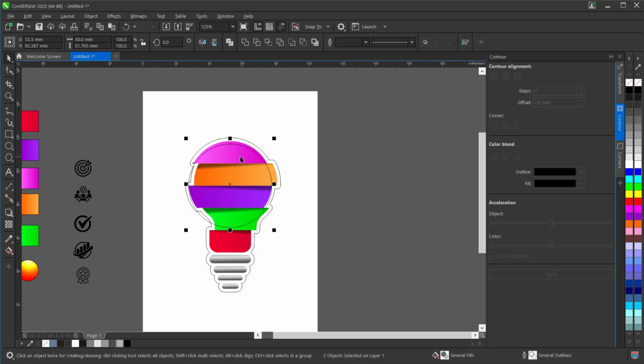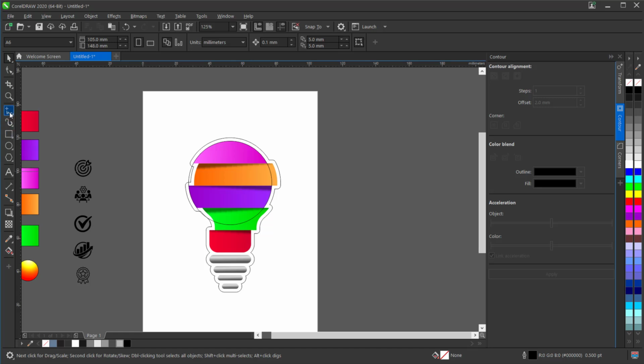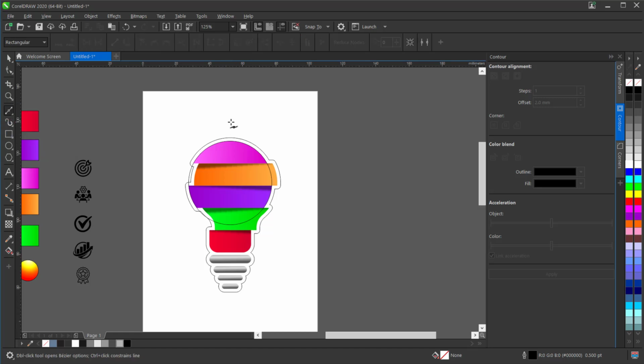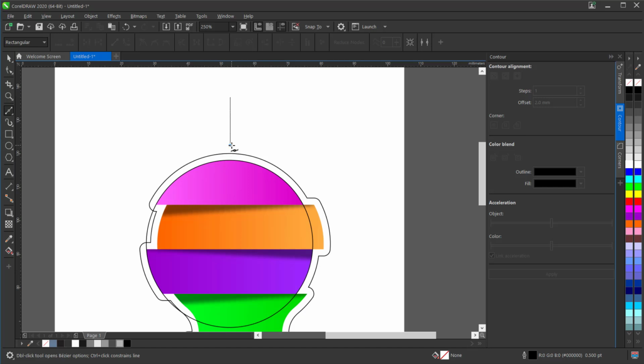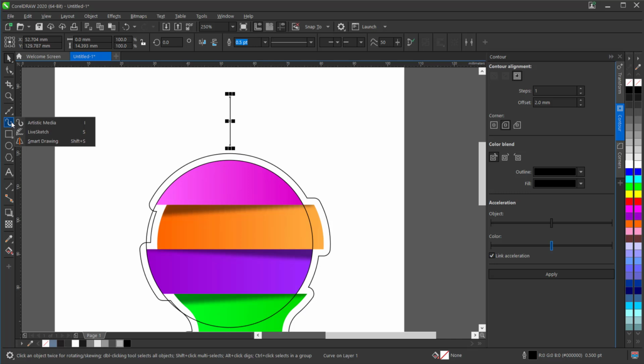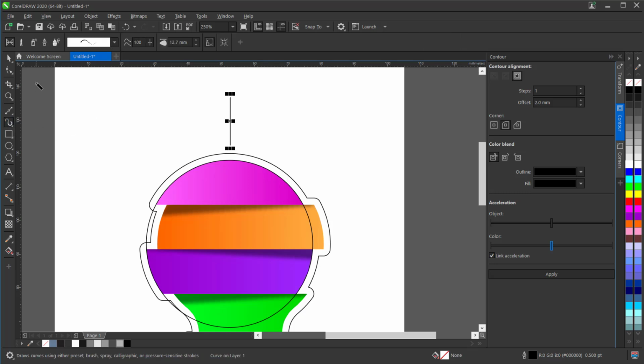Now let's select our initial circle and bring it to the front of page and center it as you see on the screen. Now with the Bezier tool, let's create a vertical line. You can also use the pen tool